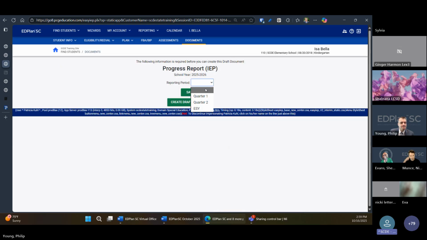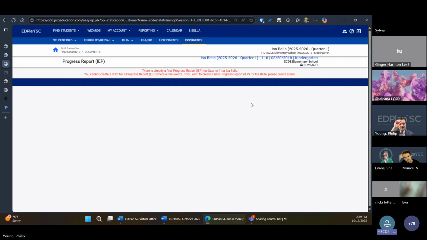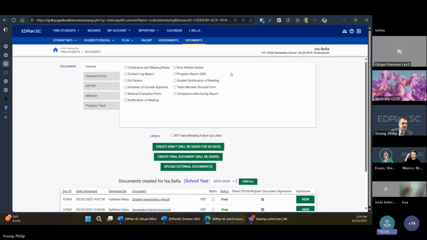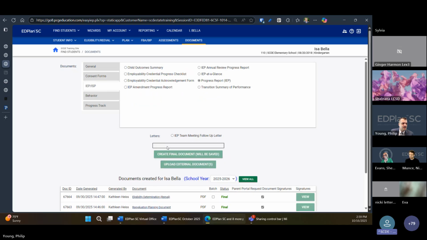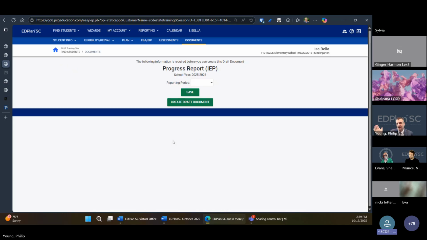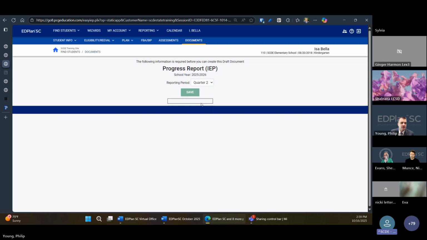Currently, as you will note, in the progress report, the way it's formatted is there's a table across the top. Whoops, I need to choose a different reporting period. There is a table across the top that shows every single reporting period that you added. So that means that if you've added quarter 1, interim 1, quarter 2, interim 2, quarter 3, ESY dates, it becomes a very cluttered table across the top that shows all these different reporting dates.